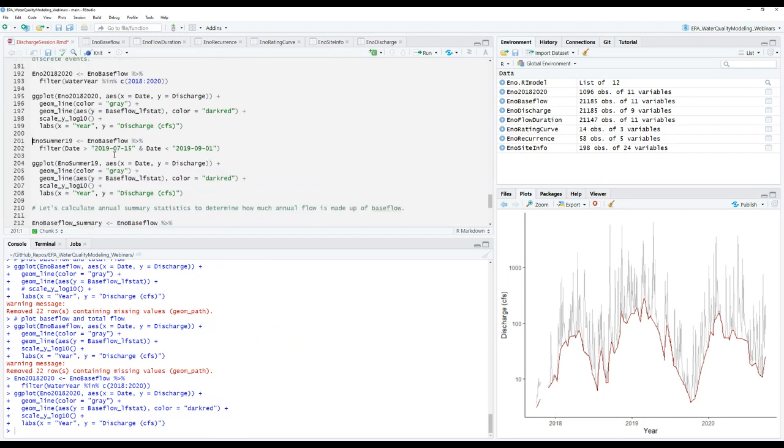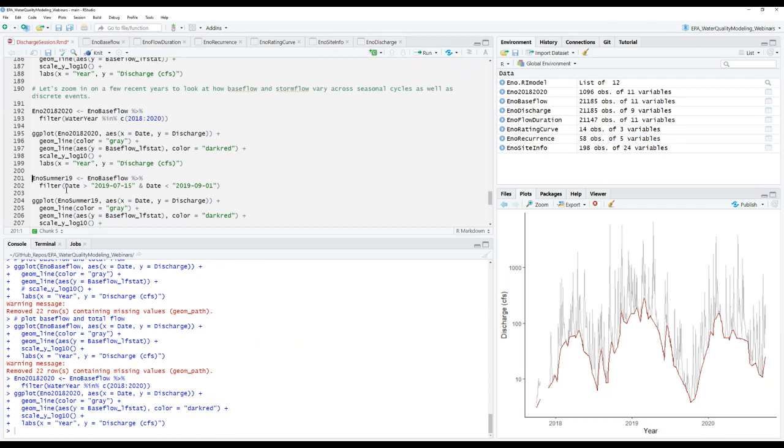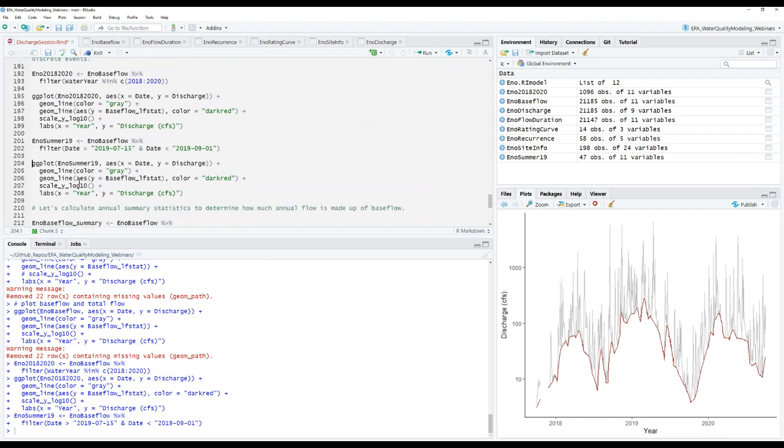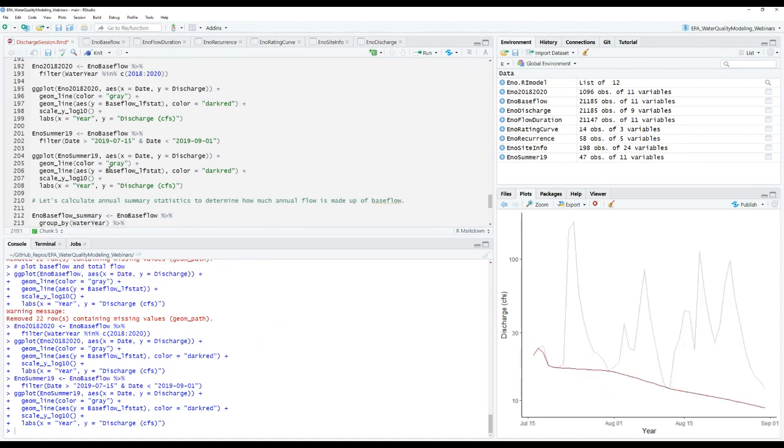We can also look at this as a specific, individual event type level. So I've identified a specific event that occurred in 2019, somewhere between the middle of July and the start of September. We're going to filter our ENO base flow for those specific dates. And then I'm going to display that again. This is almost the same code as the previous graph, so I'll rush through this a little bit, but just showing here. So here's from July 15th to September 1 of 2019. Whoops, and this x-axis is not correct. So date of 2019 should be our label for that one.